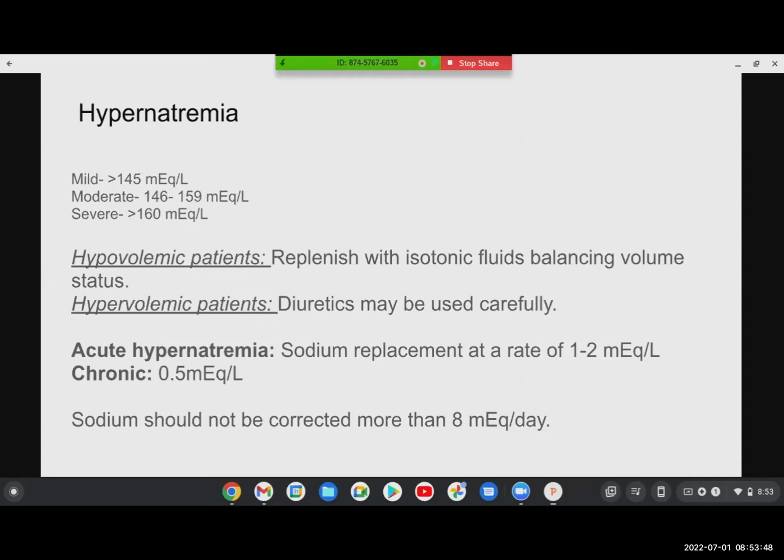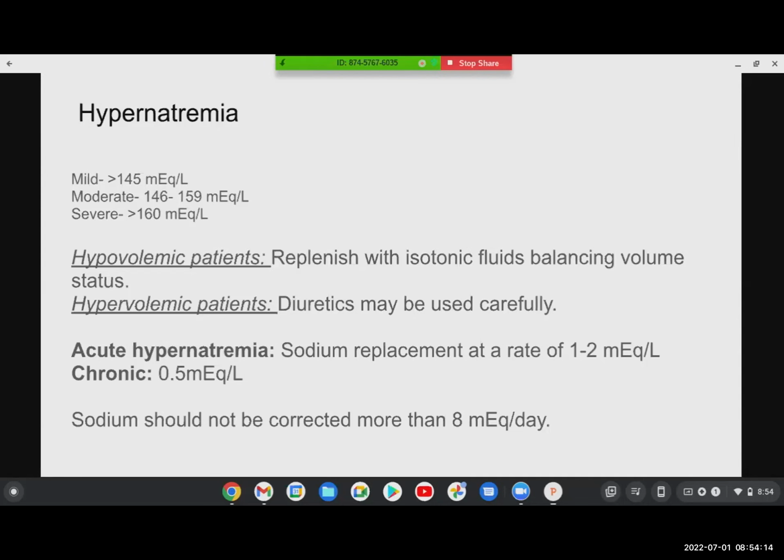Acute hypernatremia occurs where sodium replacement is done at a rate of 1 to 2 milliequivalent per liter, and chronic replacement is 0.5 milliequivalent per liter. And sodium correction should not be done more than 8 milliequivalent per day